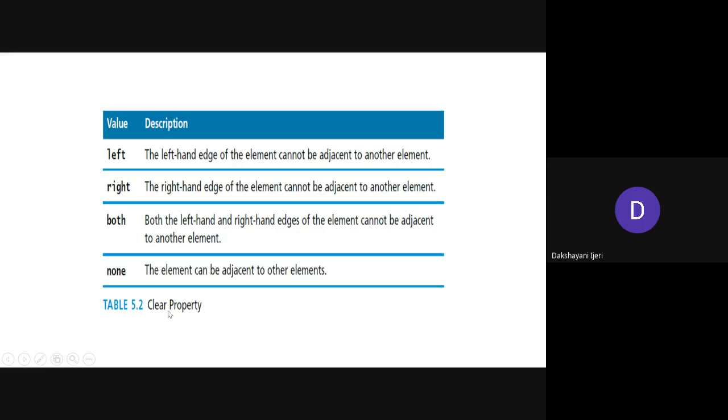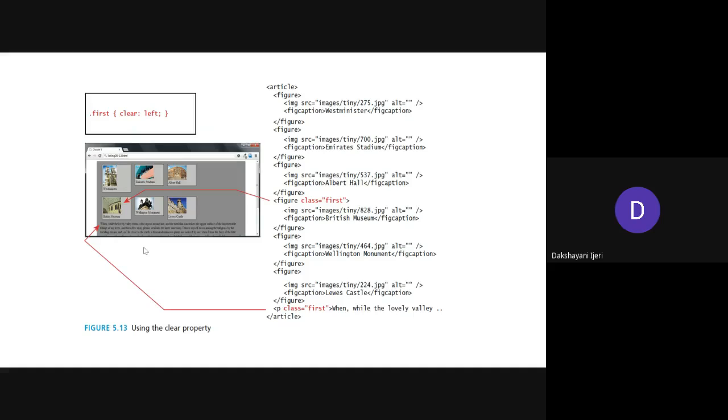So if you use the clear property with left, that content cannot have anything on the left. Similarly, where you use clear with right, that content cannot have any element on the right side. If you use both, then neither side can have any element. So this is how it is going to make a difference here.